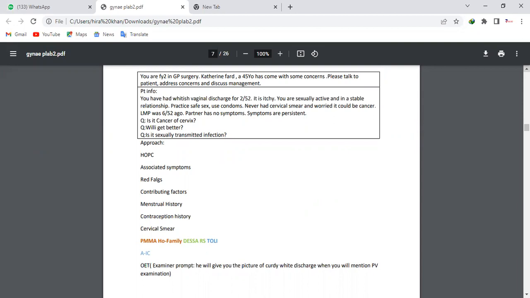Your tone was really empathic and sympathetic. That was actually very good. Your questions were very to the point. The thing that you missed is asking about the cervical smear, and you also missed my age. If it is already mentioned in the scenario, then that's fine. But if it is not mentioned in the case, then you should have asked my age. If she is 45, you have to ask about the cervical smear: have you had any cervical smear before, and what was the result of that?